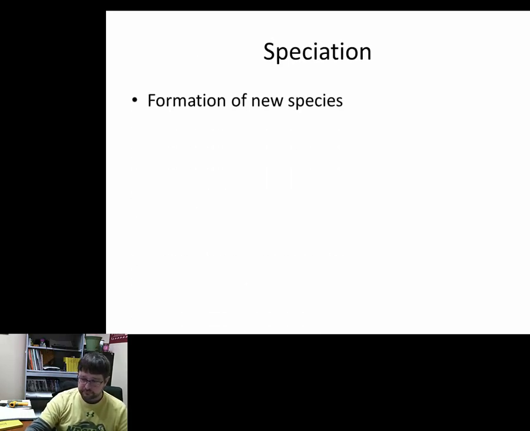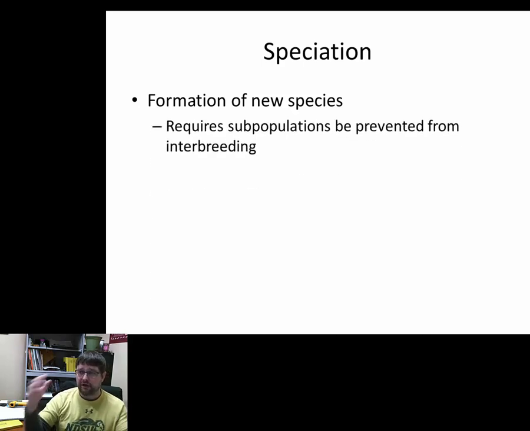So speciation, or the formation of new species, really comes with isolating subpopulations. Remember, the key to speciation is sexual isolation. If subpopulations cannot mate, they're isolated, then any mutation that pops up in one population is not necessarily going to pop up in the other, so they can adapt to a new natural environment. That mutation could be adaptive, and on and on. This environment might select against different traits than that environment, and eventually those two isolated populations can become new species.